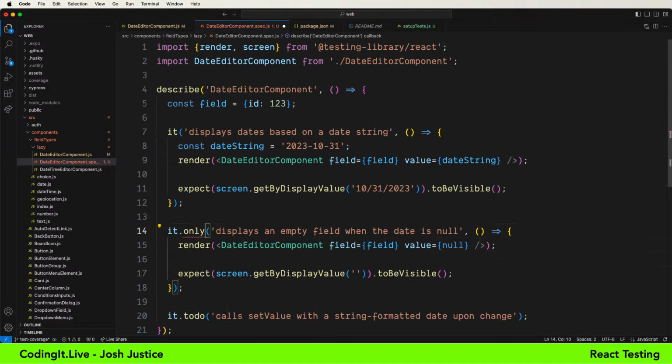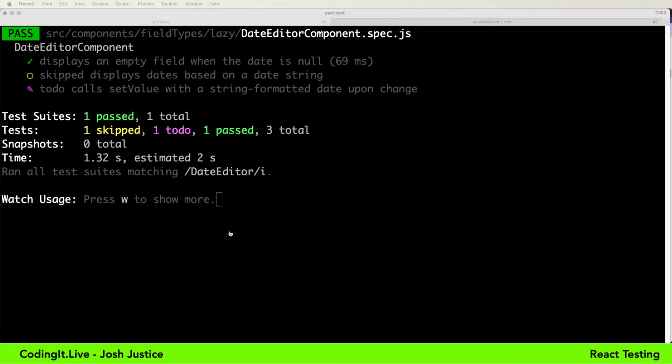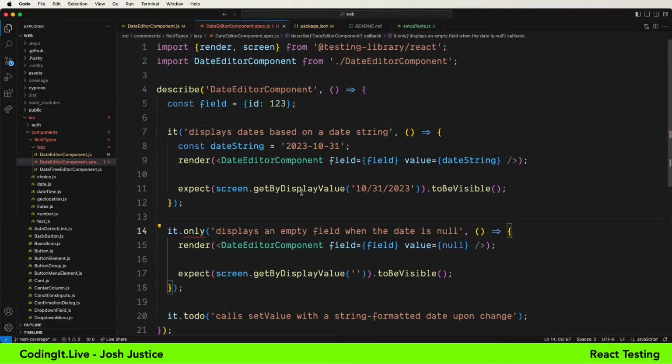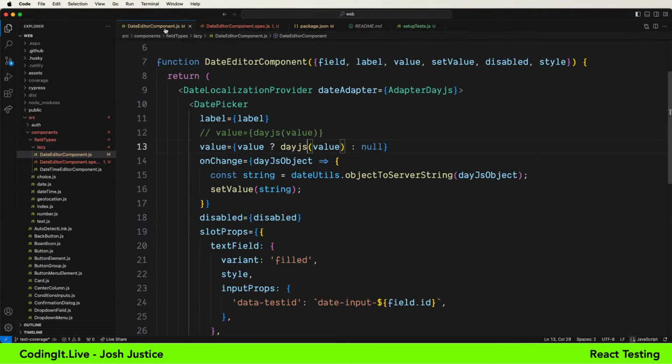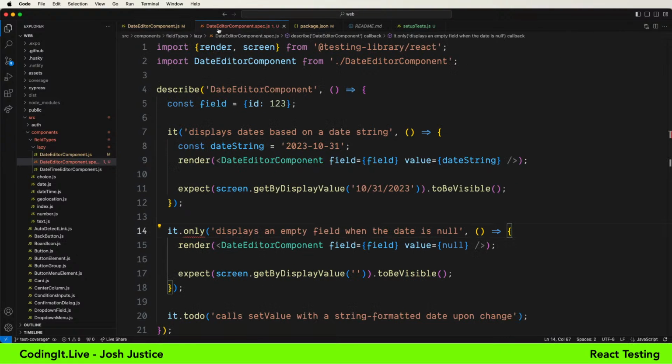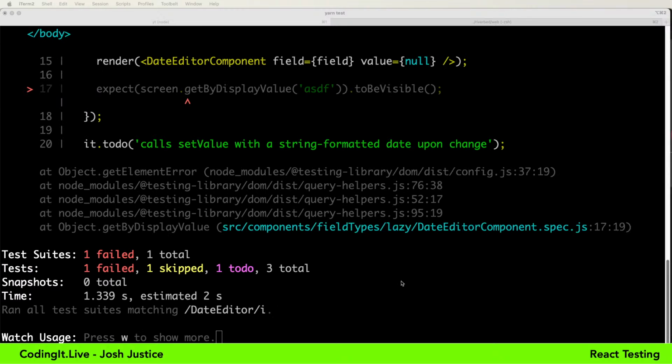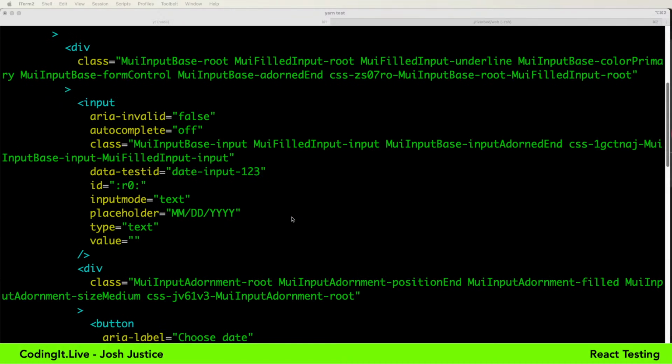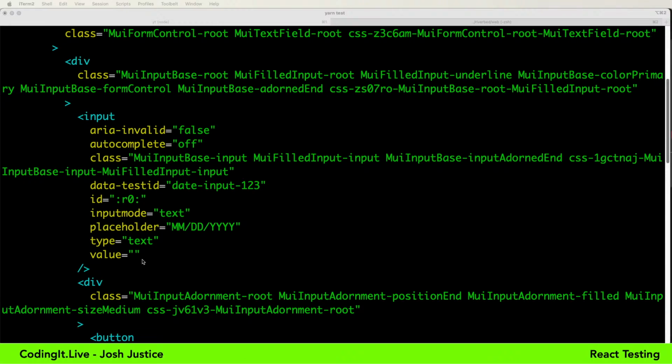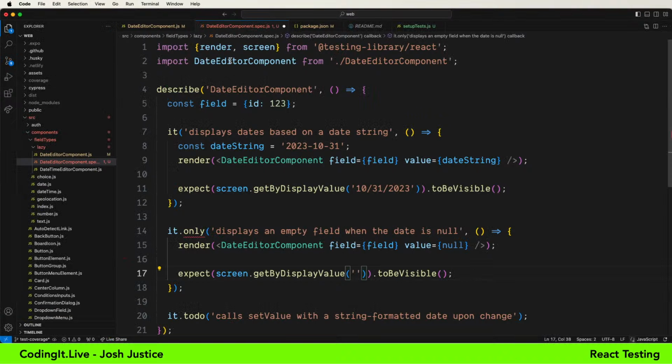We'll do a dot only to run only this test just to keep things simple. And it passes: displays an empty field when the date is null. Now let me make sure it fails if I have something in there. It should not find a field with ASDF, and that's because the input has a value of empty string. So I think we're correctly asserting on this.